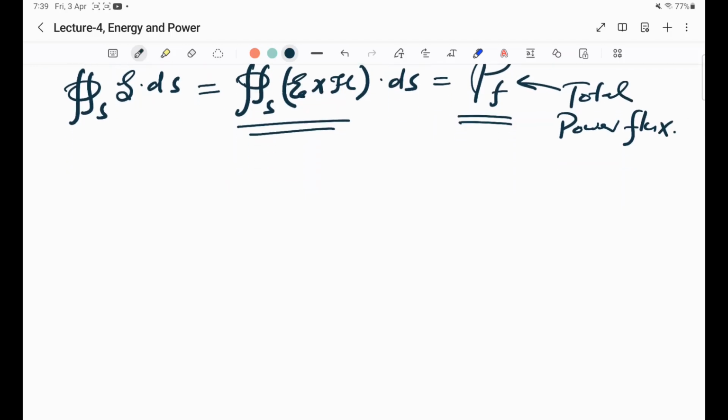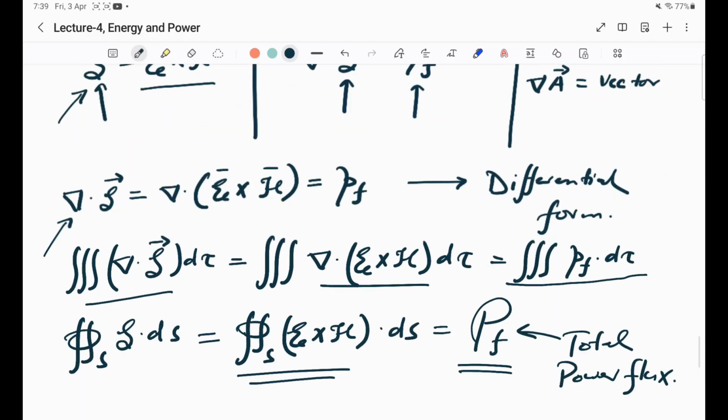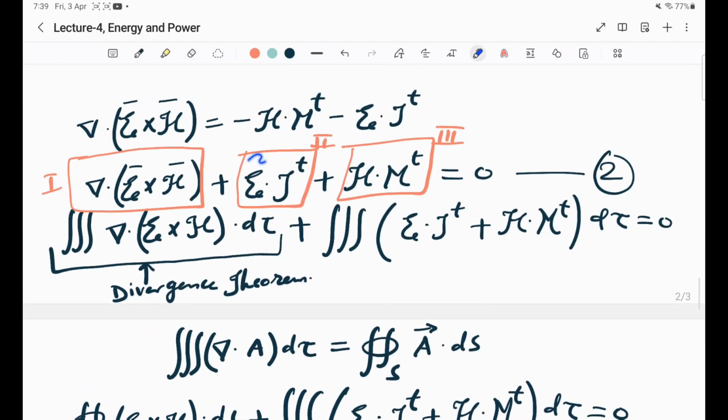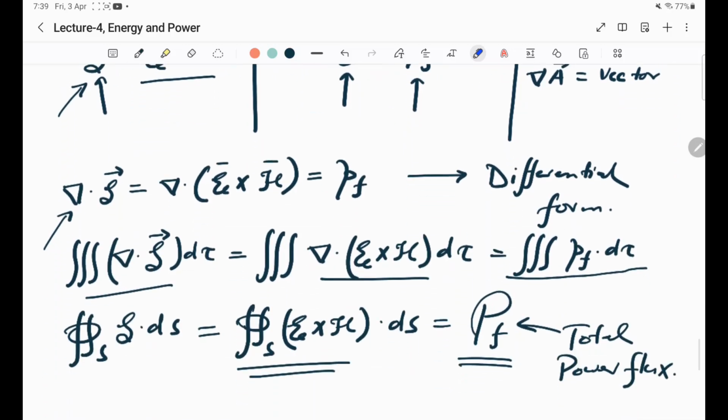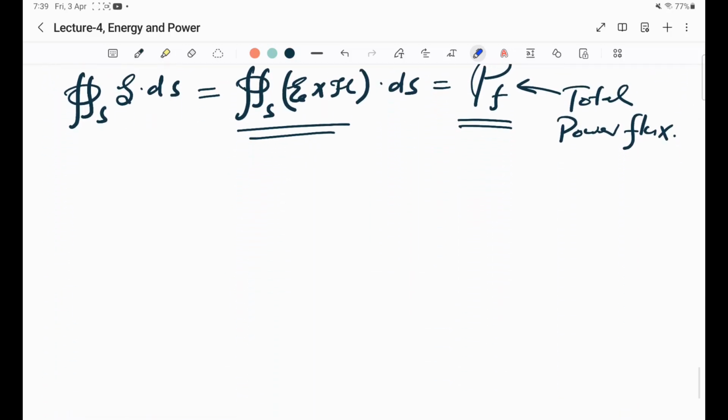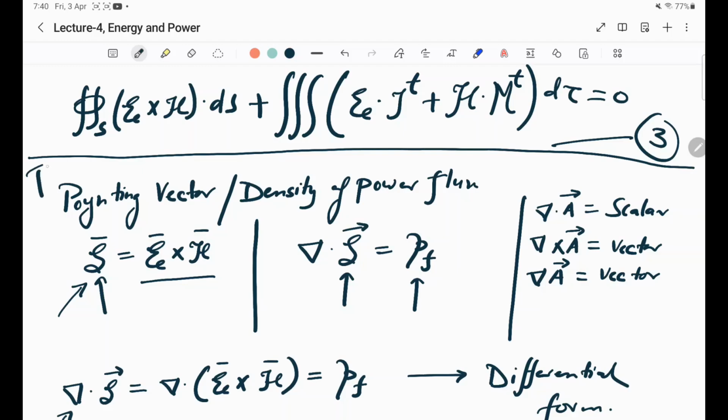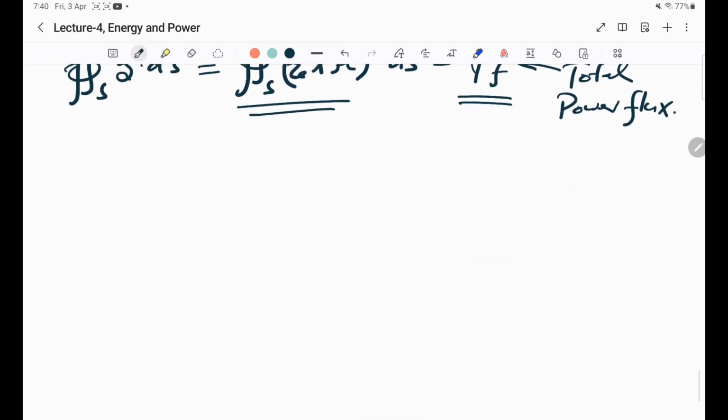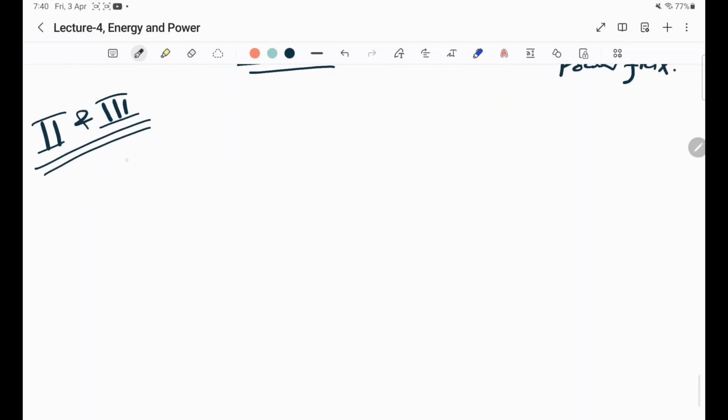Now let's move on to terms number 2 and 3 of equation 2, which are these two terms. We have to handle these two terms, and then we can finally get the conservation of power equation. So this definition was for term number 1, and now we will attack term number 2 and term number 3 of equation 2. So for any linear medium in simple sense,